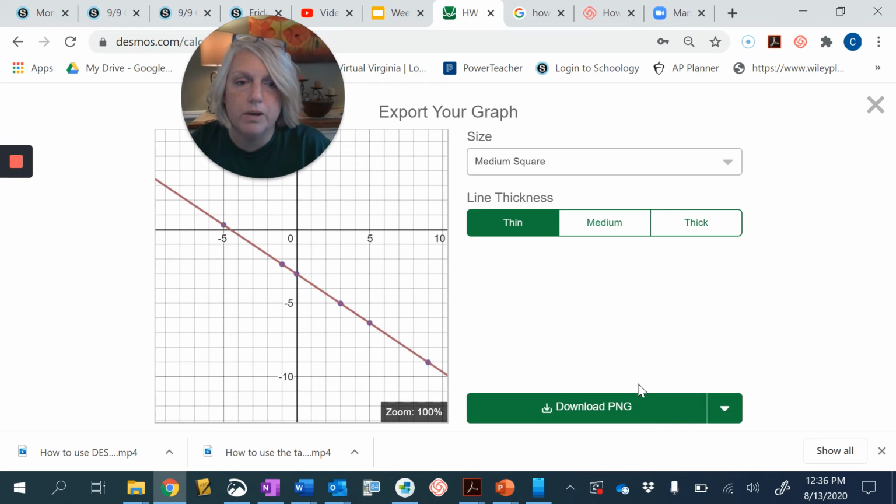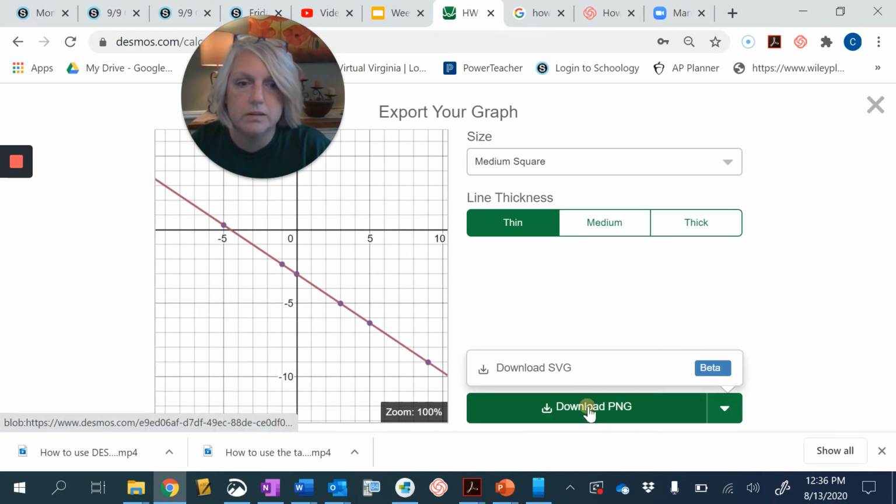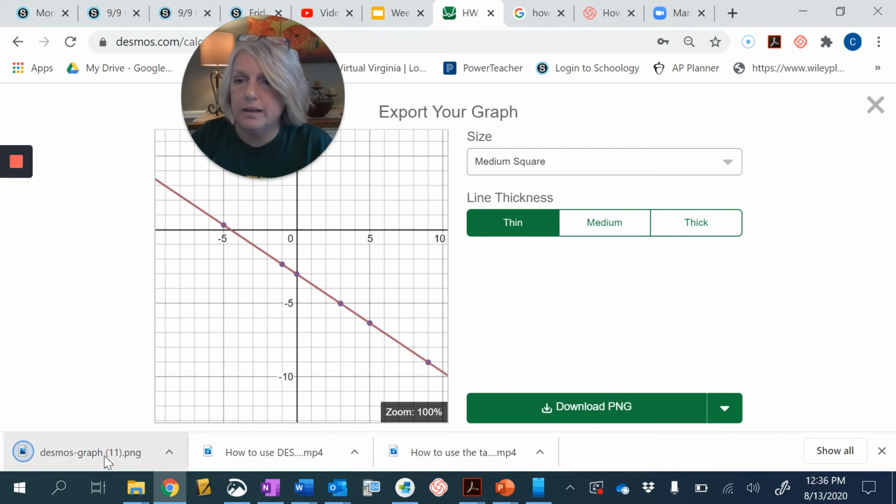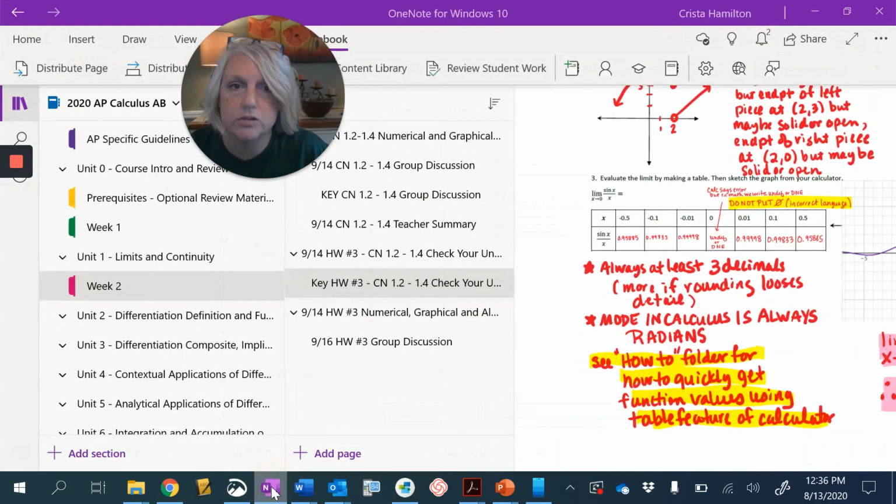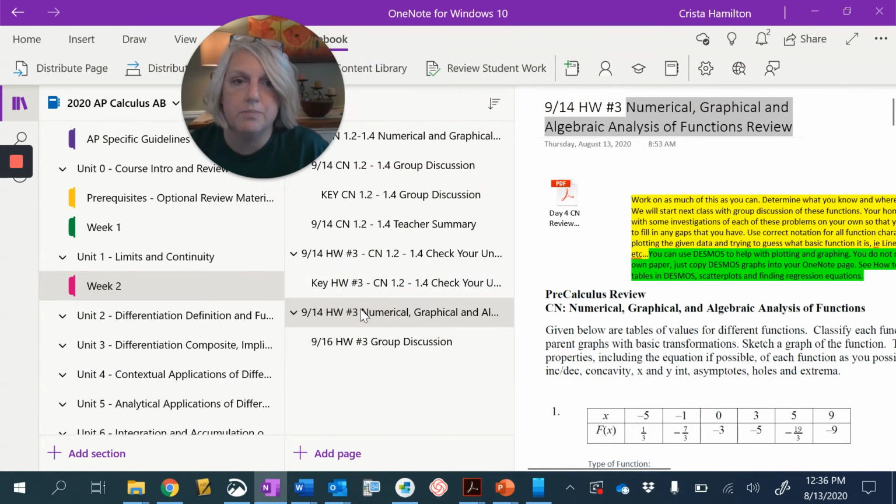And then at that point, you can download this PNG, and it'll download it over here. It just puts it in my download file. So a couple of things from there. Once I have it, I can just come over here to OneNote, and I'll show you on mine. Let me copy this so that I have